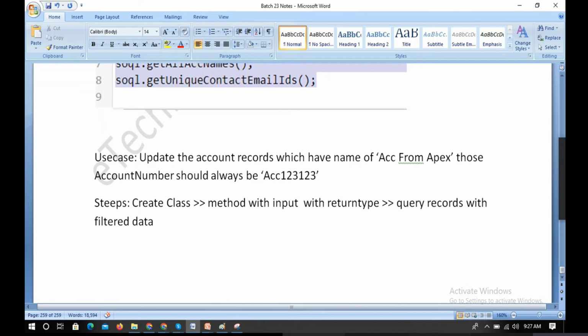So here, like a method with an input param, I will be just passing a string input param as ACC name. Okay, so I'll be passing one param as ACC name as string, and whatever name I pass, that name will be considered, but for now I'll be using this ACC from Apex only, and then it queries only the filtered data, and it updates